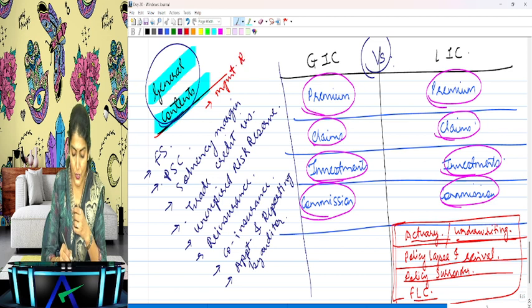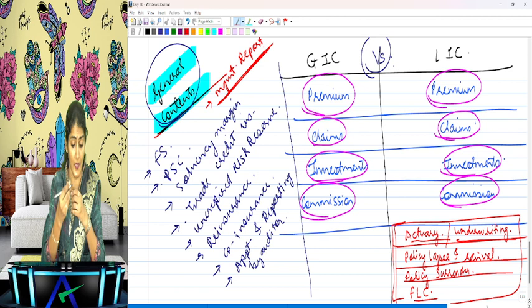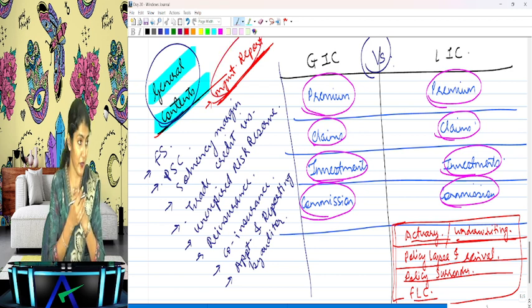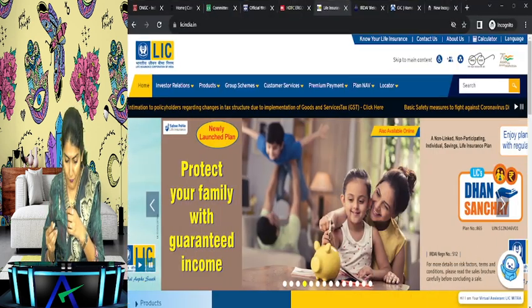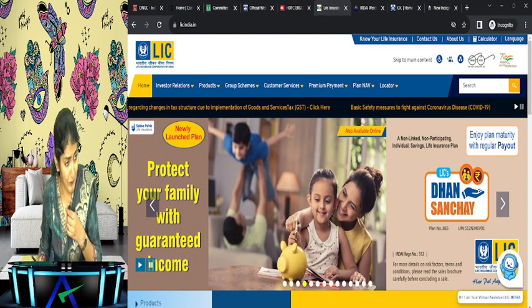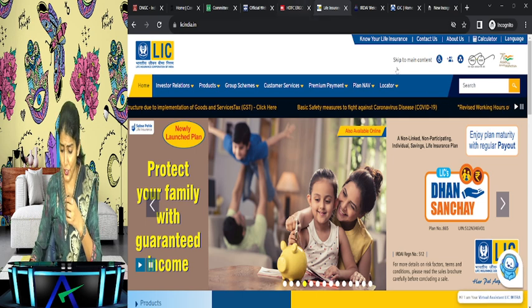Then we also have the contents of the management report. In case of an insurance company, there is a different requirement that they need to have the management report. So we are also going to look into the contents of the management report. And before we start looking into the chapter on the insurance company,